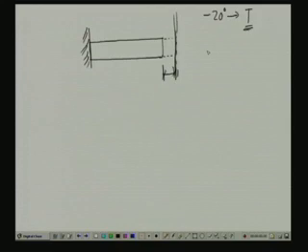Now, let us remove this wall, and allow this bar to move freely, and because of the change in the temperature it will move. Of course, this is an exaggerated view. Let us say this particular expansion is delta. This delta, which is total deformation,